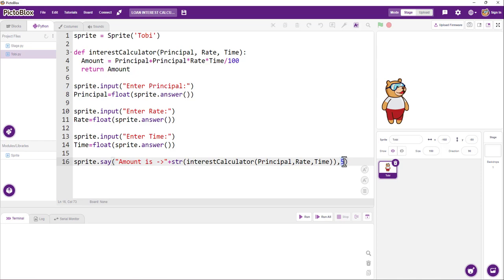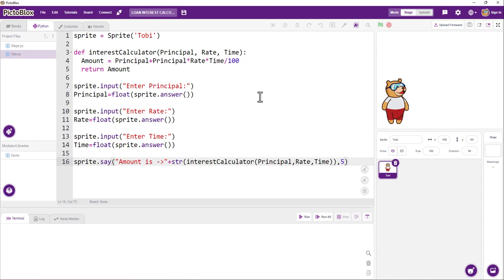So if I take the 5 and I put 2 there, it's going to say that in 2 seconds, but we want it to say it in 5 seconds. So we'll take the 2 off and make it 5. So this is basically the project we built on our first day, or our first lesson,